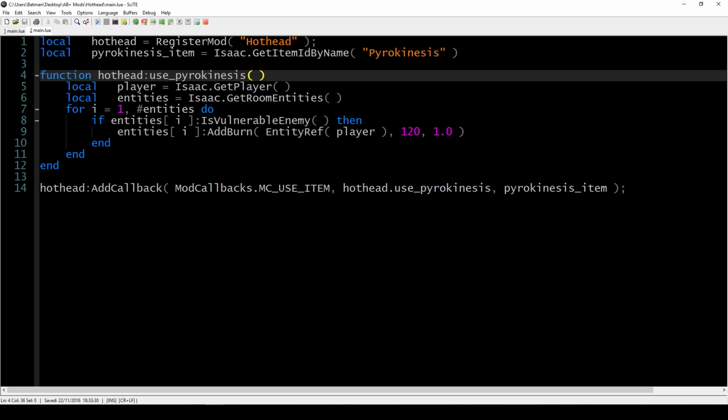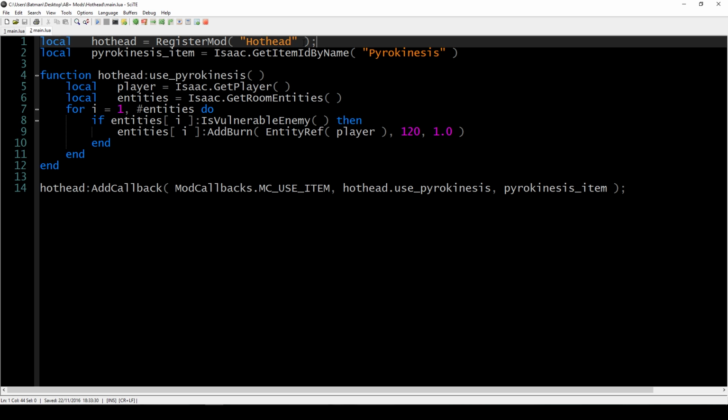And I think this would be a good example to see just how we can use the knowledge we learned and apply it to actually create something cool, an actual mod that will then be visible in the game. So the first thing we see here is we create a new variable called hothead, and we use the function register mod to tell the game that this is a new mod. This Lua file will basically contain a new mod, and we will name it hothead. So maybe when you're scrolling through the menus and you see this name, you know that this name actually correlates